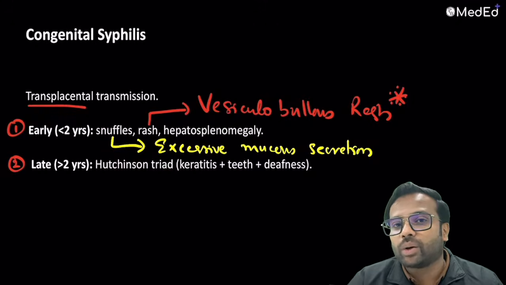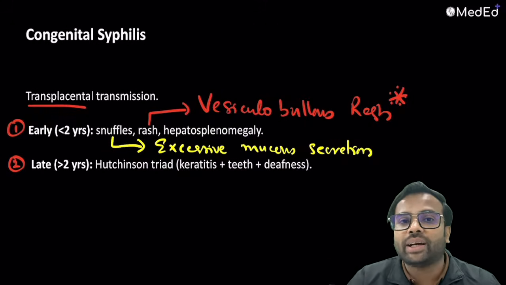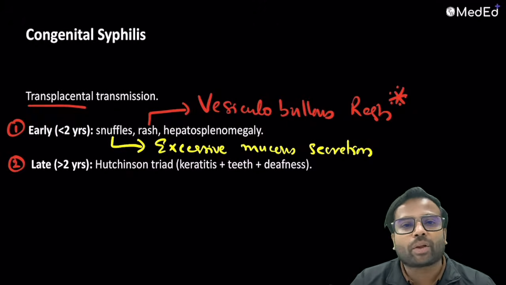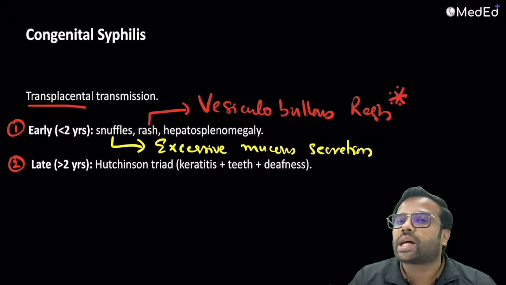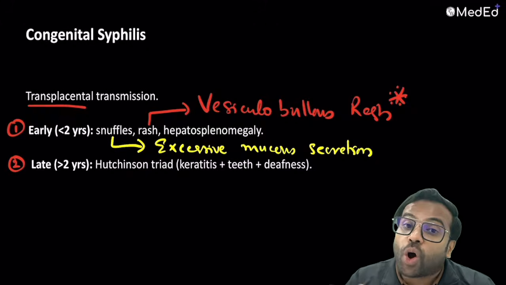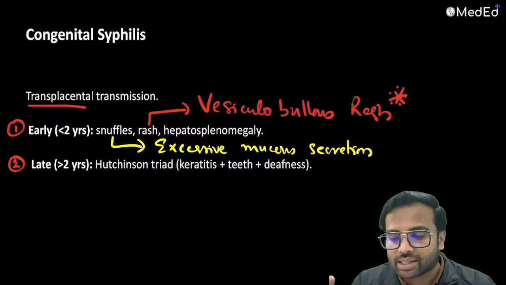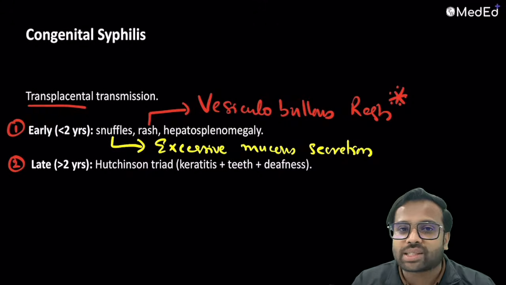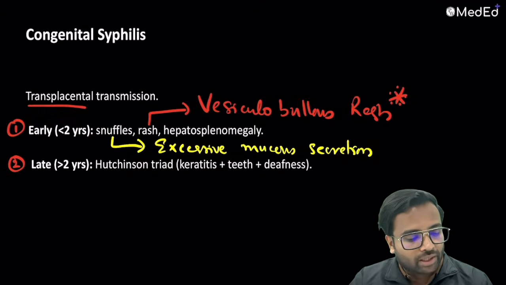सेकेंडरी सिफिलिस में क्या होता है, स्किन रैशेस होता है. किस टाइप की रैशेस? मैक्युलोपैपुलर रैशेस हो सकता है या फिर पैपुलोस्क्वामस रैशेस भी हो सकता है. बट व्हाट इज़ नॉट सीन इन सेकेंडरी सिफिलिस, what is not seen is a vesiculobullous rash. But when it comes to a